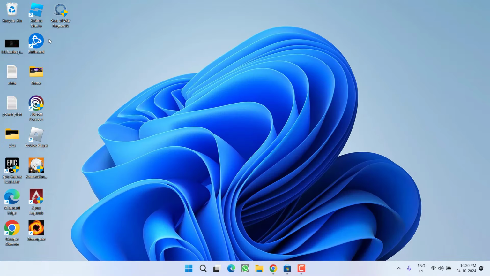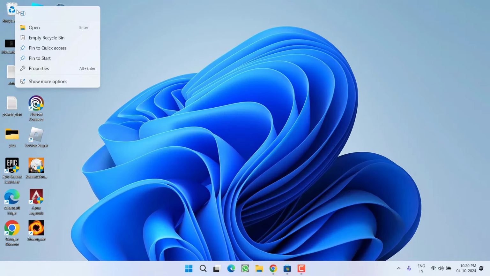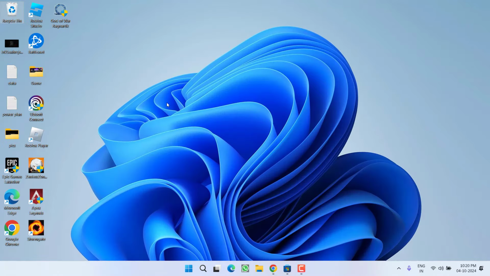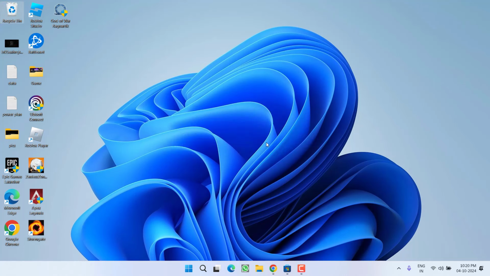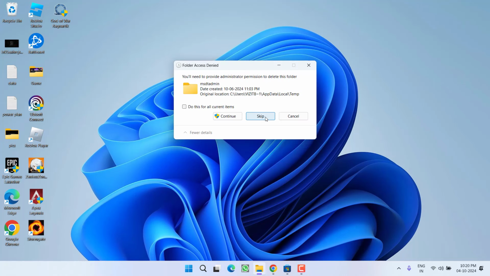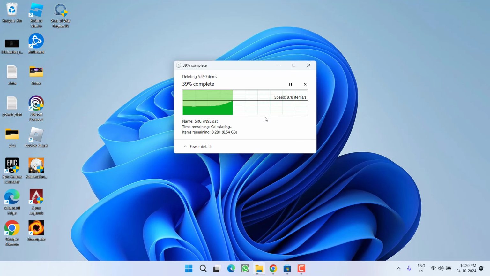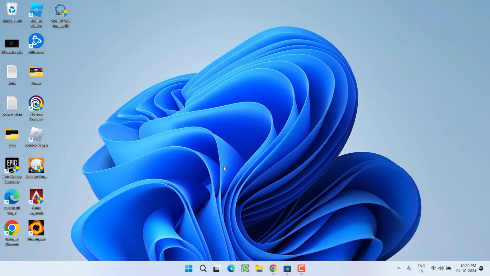Once it is done, make sure to empty the recycle bin. Right click and empty the recycle bin. Once you have done so, relaunch your Xbox Game Bar and try to install the Call of Duty, and hopefully this will fix the issue of game features fail to load while installing the Call of Duty Warzone in your Xbox. If this method also fails to work, let's proceed with the next step.